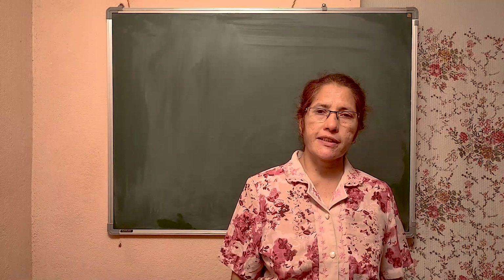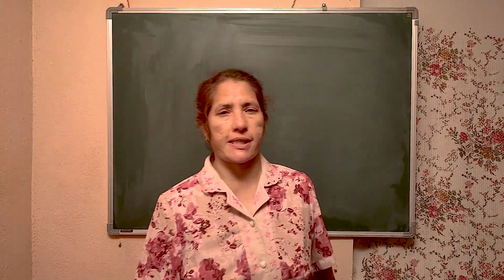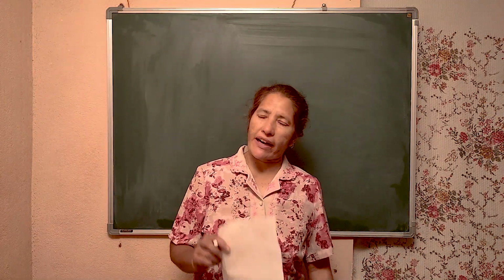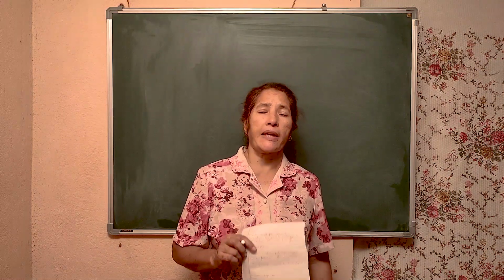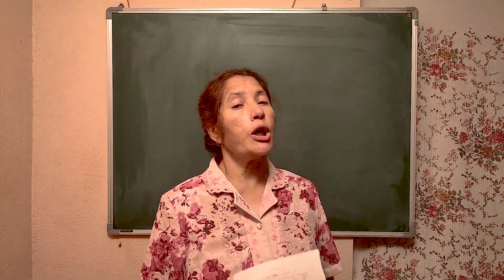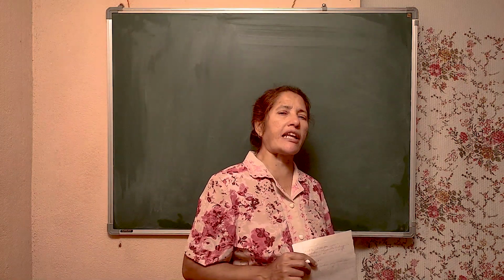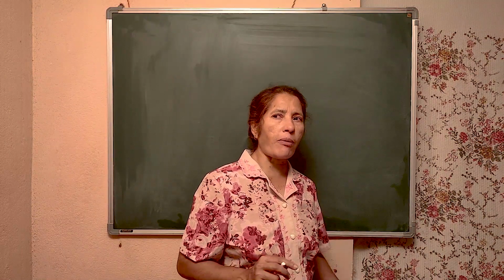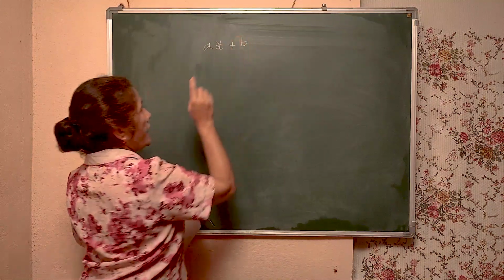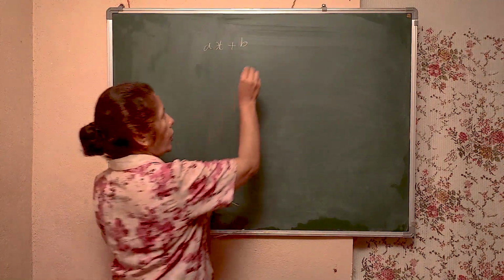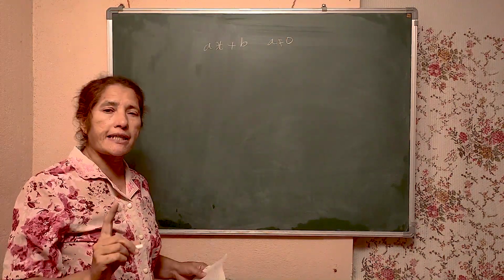Hello everyone. In the last class, we studied the different types of polynomials: linear polynomial, quadratic polynomial, cubic polynomial, biquadratic polynomial, and in 10th standard we are going to study cubic polynomial. What is a linear polynomial? What is the general form of the linear polynomial? The general form of the linear polynomial is ax plus b, where a is not equal to 0 and x is a variable, a and b are real numbers.